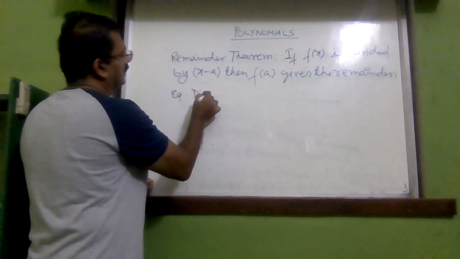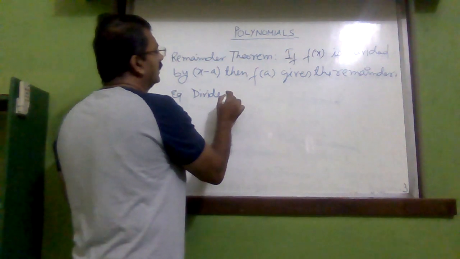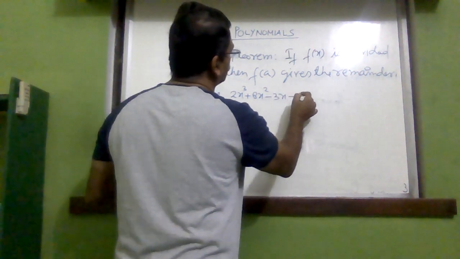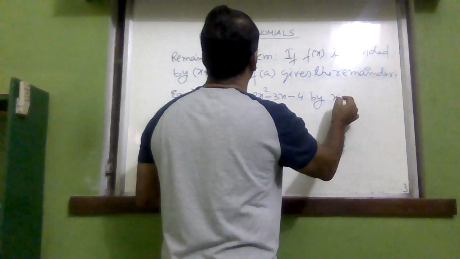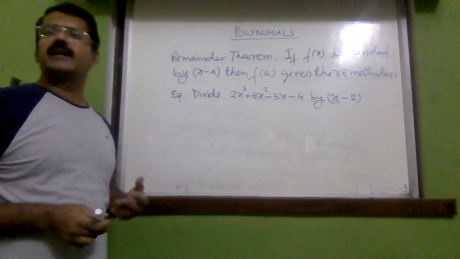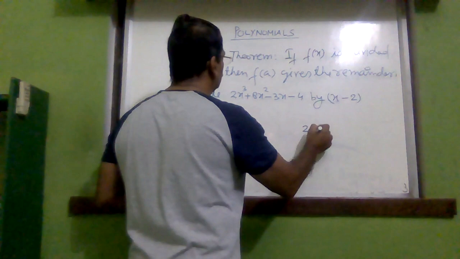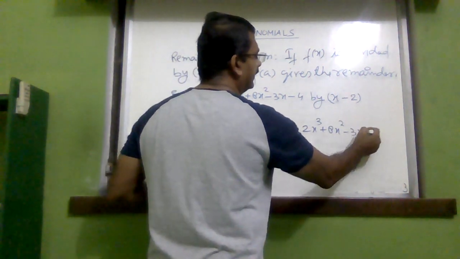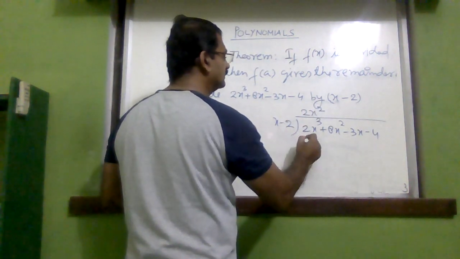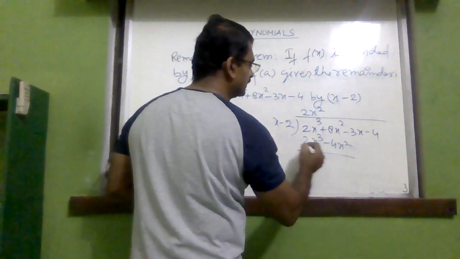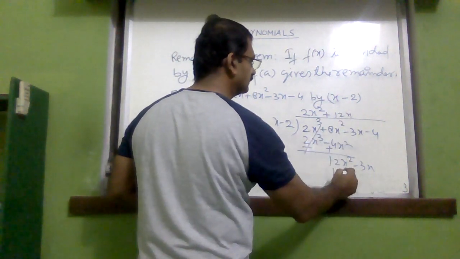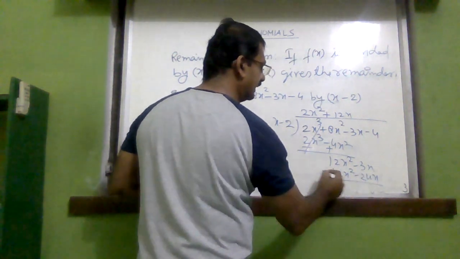There is an example: divide 2x cube plus 8x square minus 3x minus 4 by x minus 2. So we can simply divide this expression as we have done in the junior classes. When you divide it by x minus 2, first 2x square here, change the sign, plus 12x here, again change the sign,